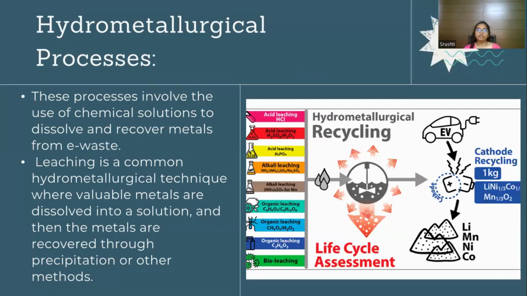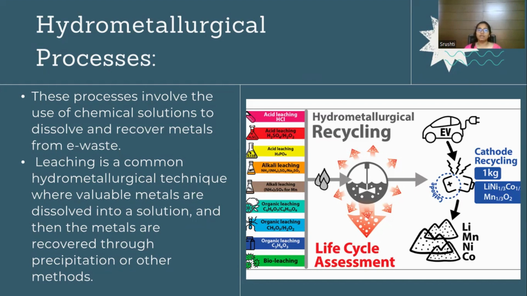Image shows us the hydrometallurgy process. As I've told, there are three major steps in hydrometallurgy process. The first one being the pre-treatment stage. In this stage, there is physical separation of e-waste and the physical dismantling of e-waste into its different compartment parts, such as circuit boards, metals, and plastics.